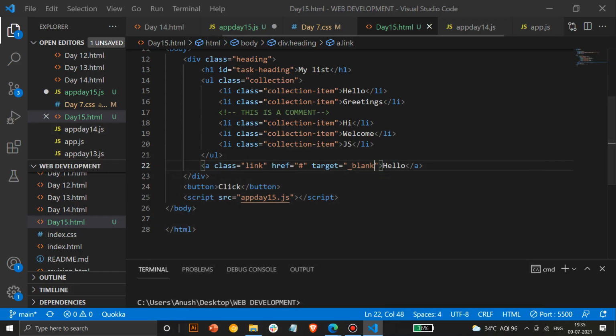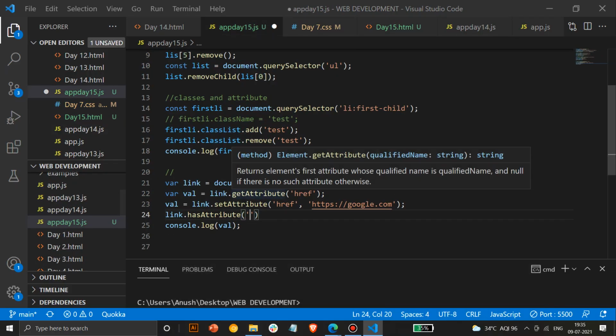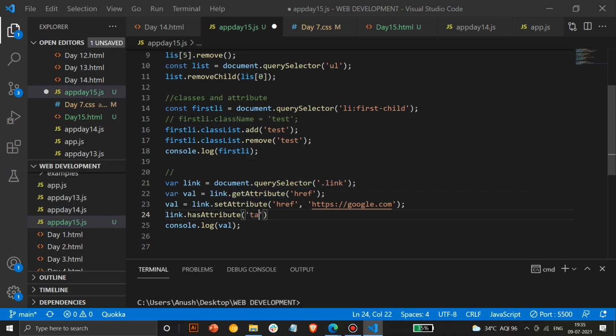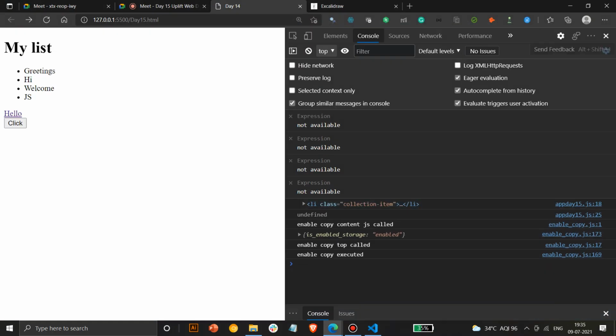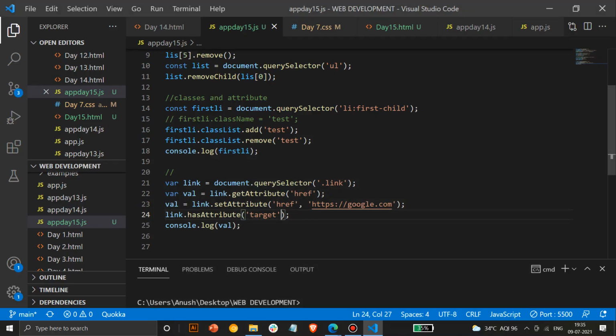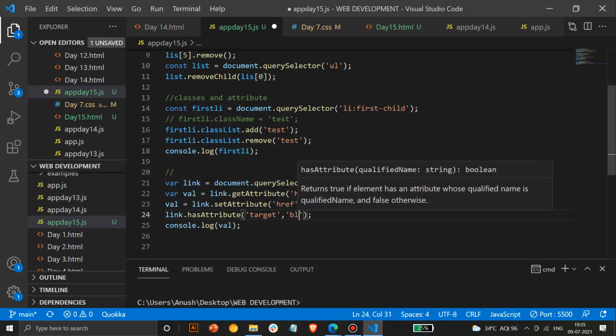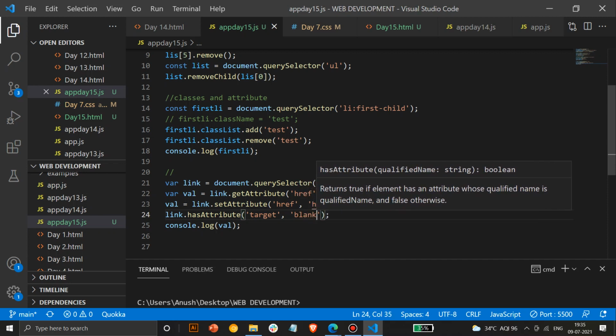If you have to get an attribute for a specific element, you can do that using this. You just specify the element and the attribute you want, so we'll do target, and you get undefined. Wait a second, let me check if this works.